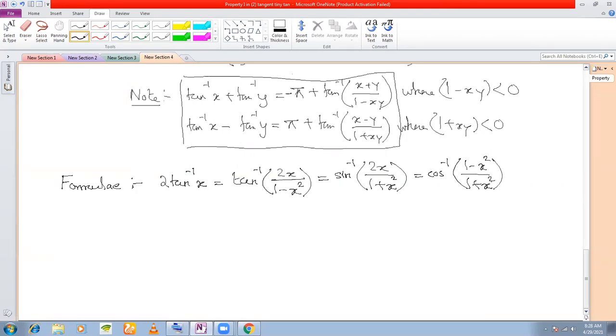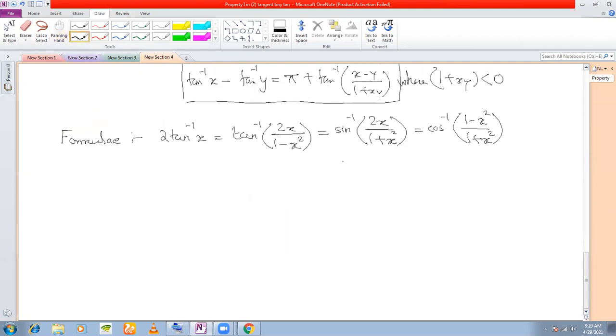See, if you remember your multiple angle formula, then this formula is no big deal to remember. If you just remember your multiple angle formula well, then you actually don't need to remember this result. You just try out with the proof. If you remember the proof, and if you know your multiple angle formula, easily you can convert this 2 tan inverse to tan inverse, because see here, 2 tan inverse is getting converted to tan inverse.